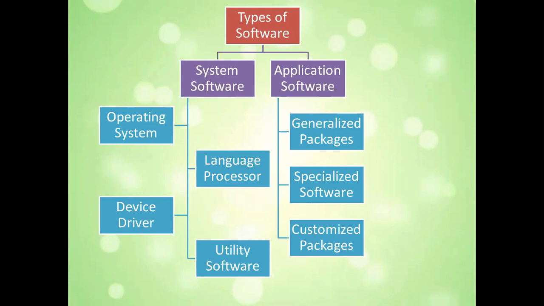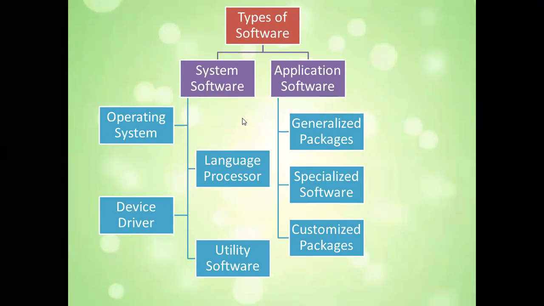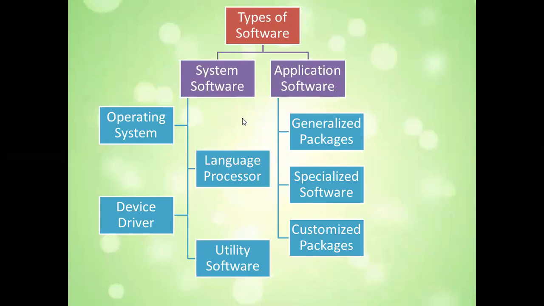But software is divided into two categories: system software and application software. System software are those software which are required by the computer for its processing. Because the computer is just a machine, it cannot understand anything by itself, so we need to give all the instructions to the computer. These instructions are given in the form of software, or a program, and a program is called software only. All the instructions which we give to the computer for its own processing are known as system software.